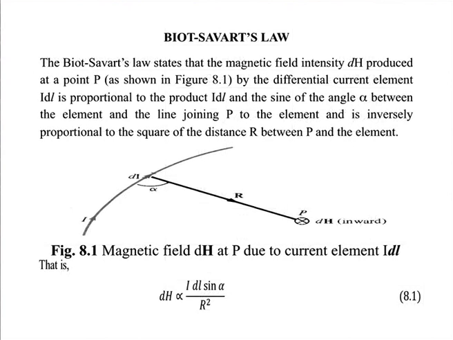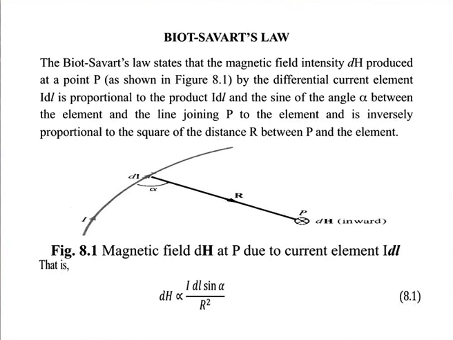The Biot-Savart law states that the magnetic field intensity dH at a point P due to a current carrying element is directly proportional to I dL and sine of the angle alpha between the current element and the line joining the element to the point P, and is inversely proportional to the square of the distance r between the element and the point P. Mathematically, we can write it as dH is proportional to I dL sine alpha upon r square,